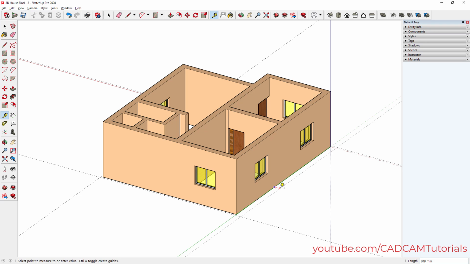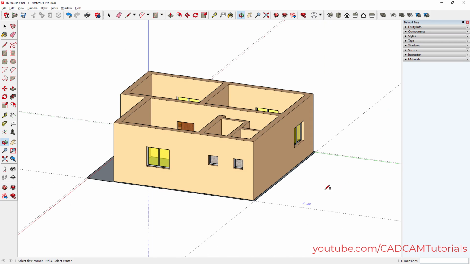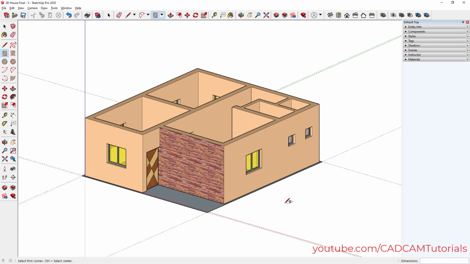Same way on this side, enter. Then click here on rectangle, specify first point on this intersection point, take your cursor on this side and click on this intersection point, orbit it, press spacebar,